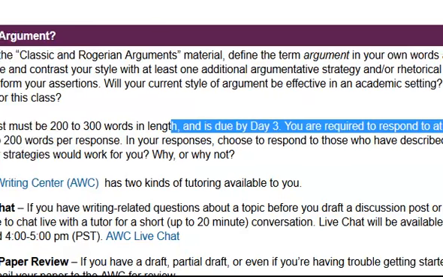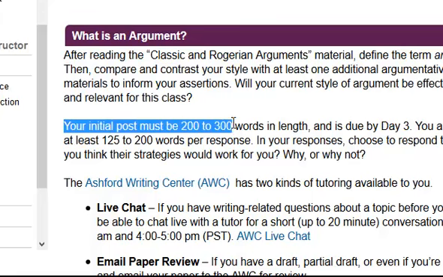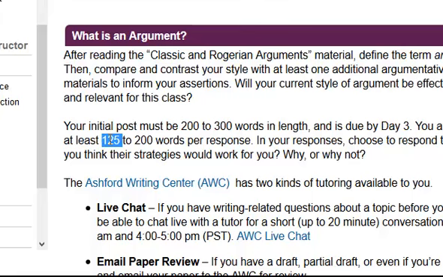Now, as in all of your major discussions in this course, your initial post has to be at least 200 words in length. And I do count words, so make sure that your posts are at least 200 words in length. Also, your responses to your classmates, and you need to respond to at least 2 of your classmates, those responses need to be at least 125 words.